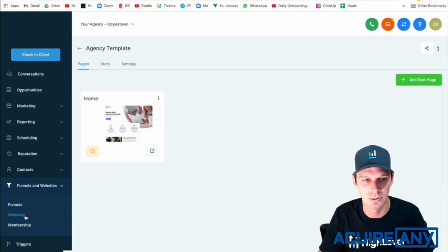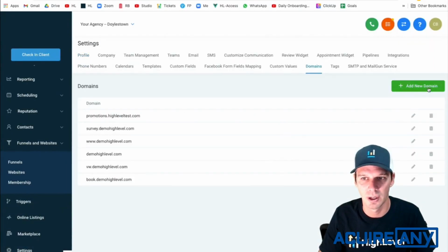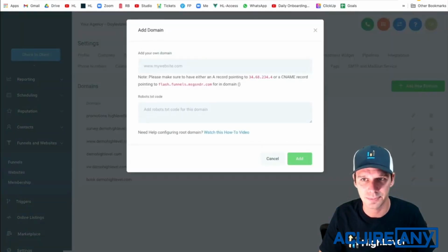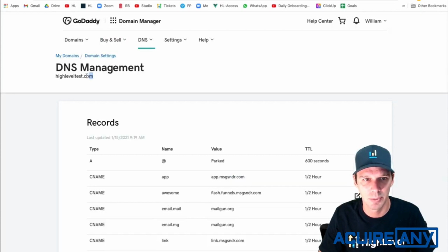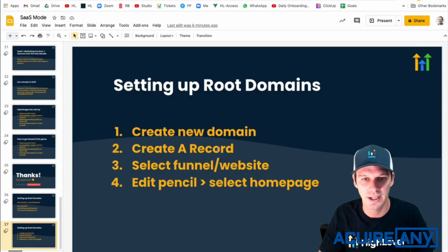So we're going to go to Settings, Domains. We're going to click Add a new domain. And here we're going to paste our domain so that we make sure we spell it correctly. And because we are setting up a root domain, we need an A record. So the A record is right here, and it's always going to point to an IP address, which we'll give you right here. So I'm going to take that IP address, and we're going to go create this A record,